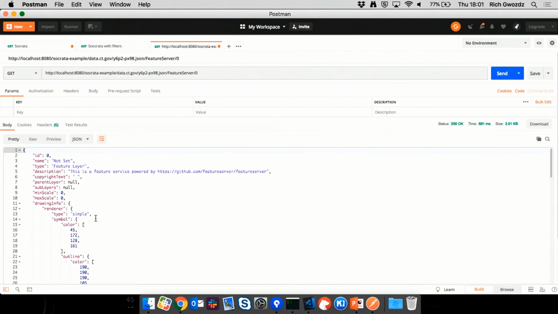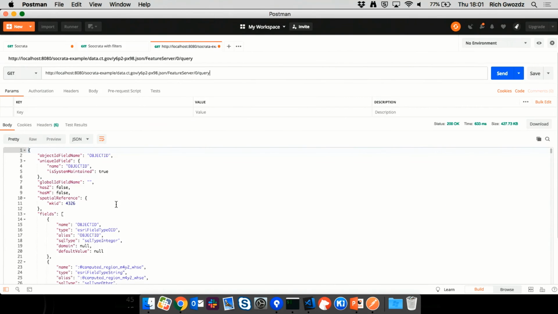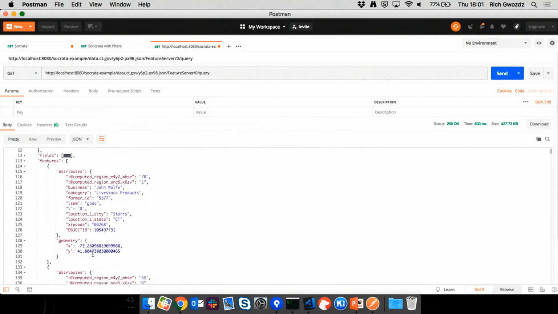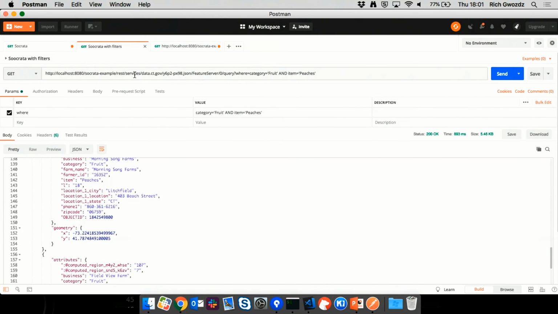Okay, so over here you can see this is actually the layer request. But if I add query on here, I'll actually get the data back. There's the features. The other thing that I want to show here is it's the same request, but I've added a where parameter on here to filter the data. So if I send that,